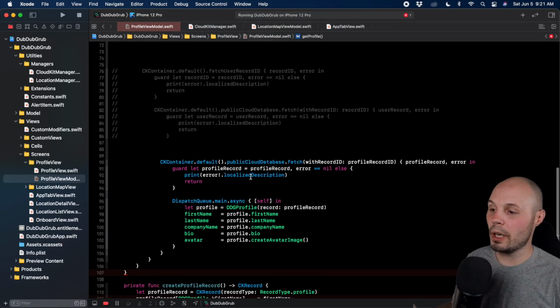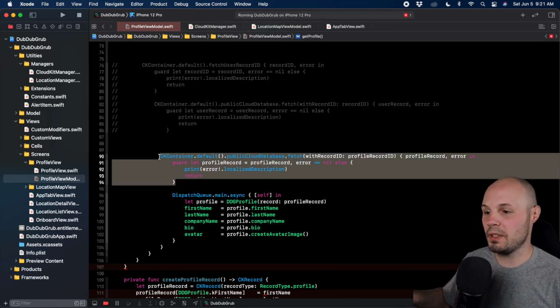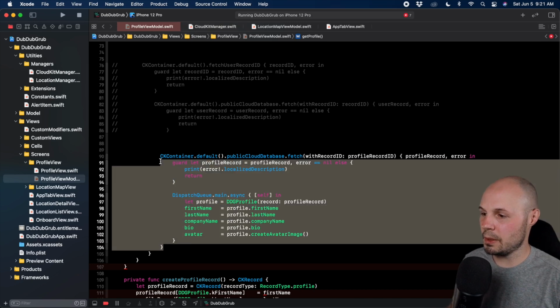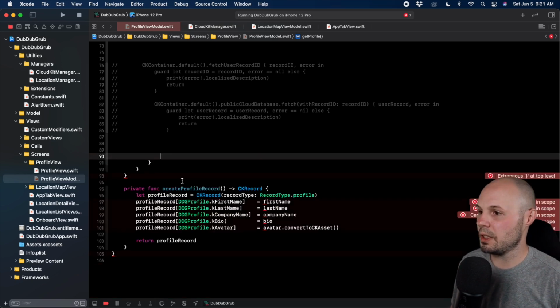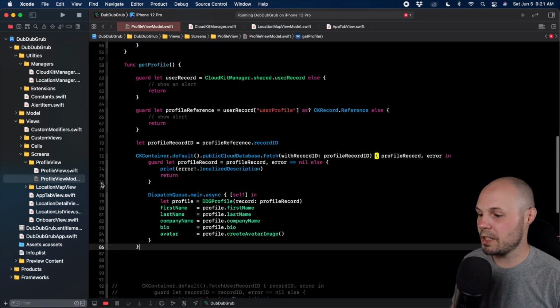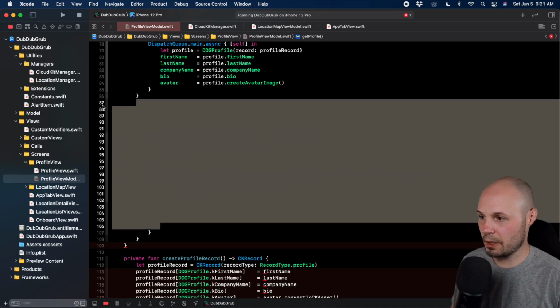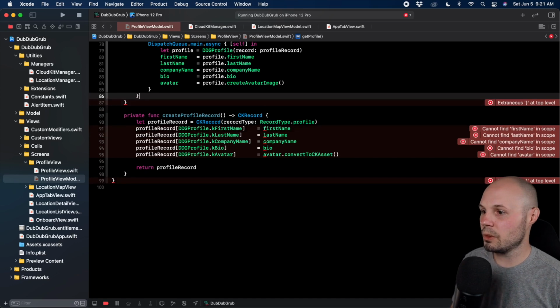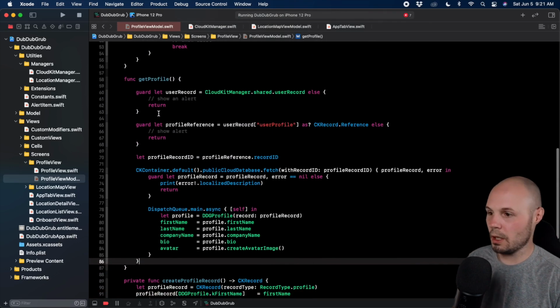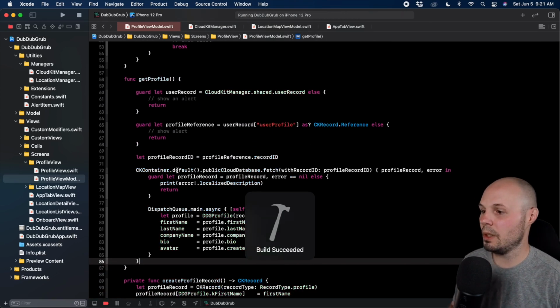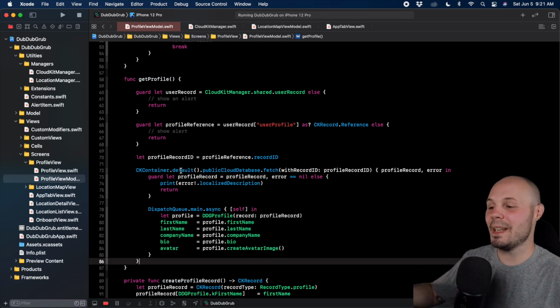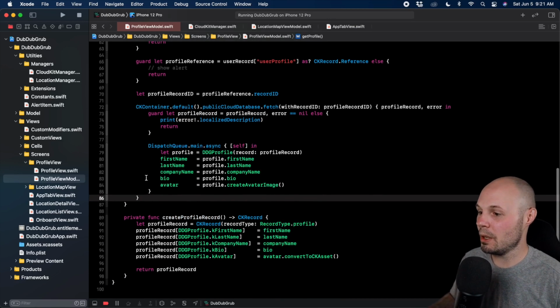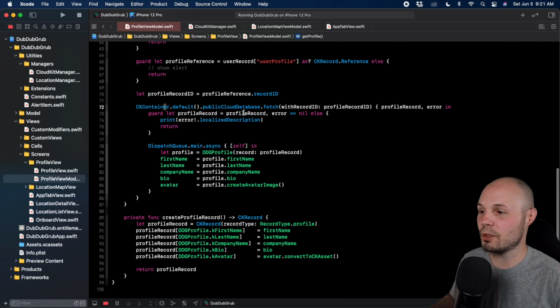So now we're to the point where we're just fetching the record, right? This is the basic convenience API fetch record, right? We're going to be using this a lot. So then what I'm going to do is basically cut this and paste it here. Again, what I just did there, now delete the comments and make sure my curly braces are good. What I just did there was essentially rebuild the function to clean out some stuff. But then that's just one step to get to the next step, which is to refactor out this fetch records